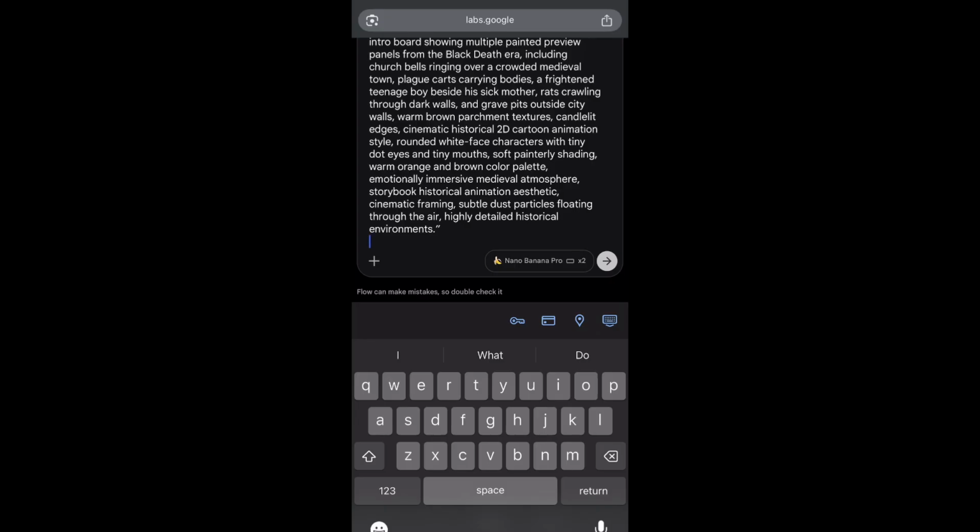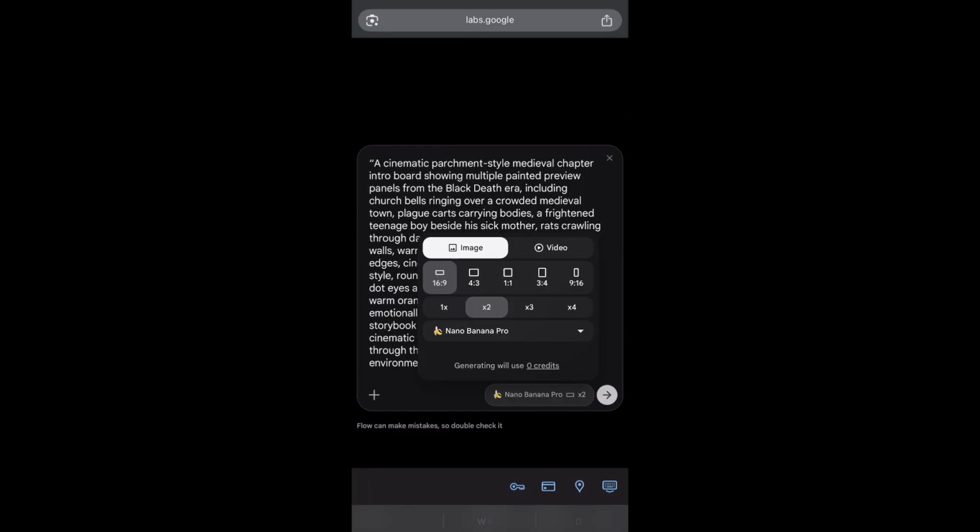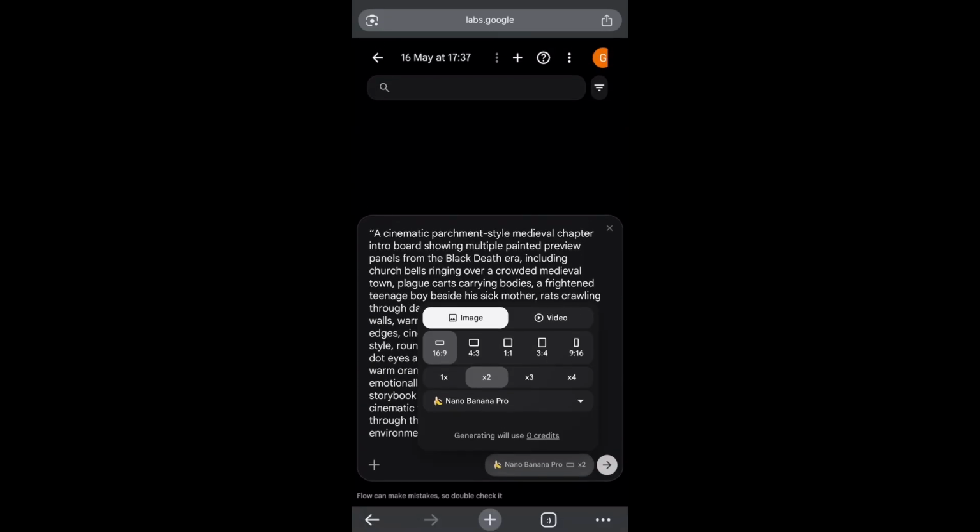Paste your prompt right here, and then this part I said Nano Banana, you want to tap on it. Make sure that it's showing x2. Make sure that this part is showing 16:9. All this other side are not correct. Just this side is correct. This is for long form content. This is for short form content. These are the only two you should be using in any of your videos, either short form or long form. But as for this niche, it's for long form content, so we'll be using this 16:9. Understand? So I'll click on this generate icon right here, and then Flow will start generating the image for